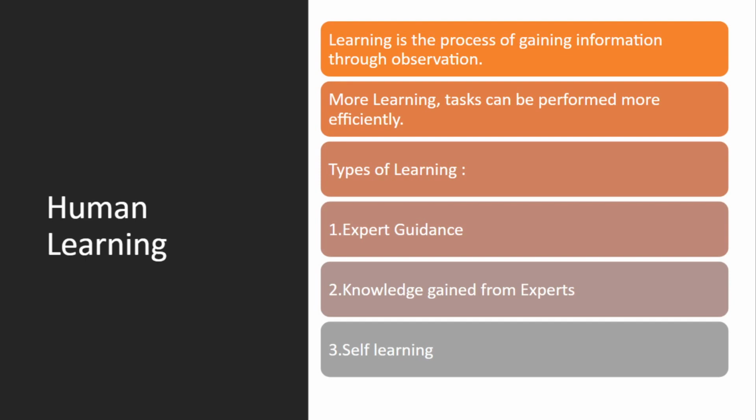That is expert guidance. Then we mimic how to speak and how to walk. We store it in our brain, and when a 1-year-old or 2-year-old kid is asleep or playing, he'll be mimicking those activities. That is knowledge gained from experts. Then finally you go for self-learning, because when you fall, you will try to get up. That's how you learn. So expert guidance, knowledge gained from experts, and self-learning: that is what humans possess.